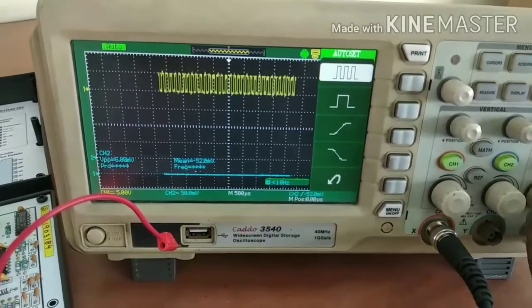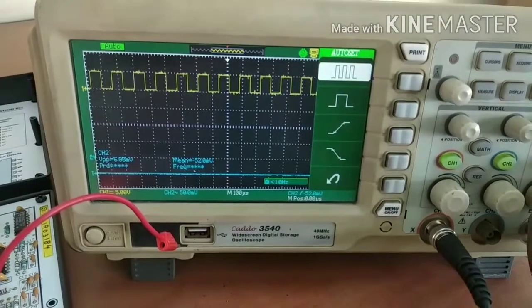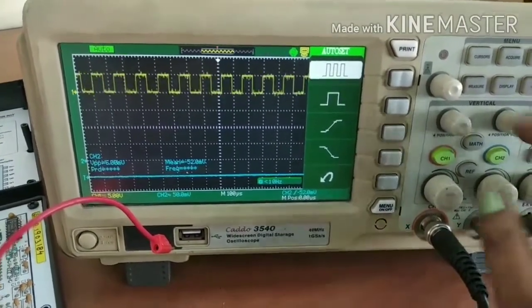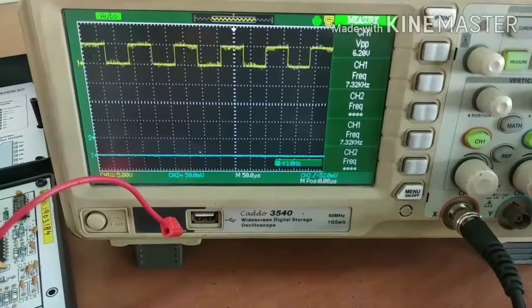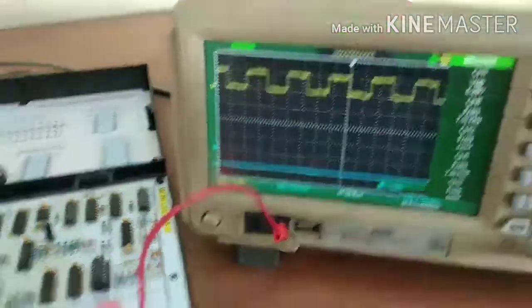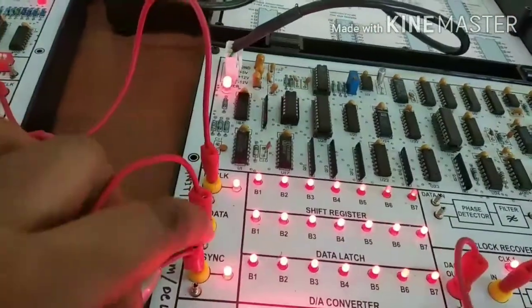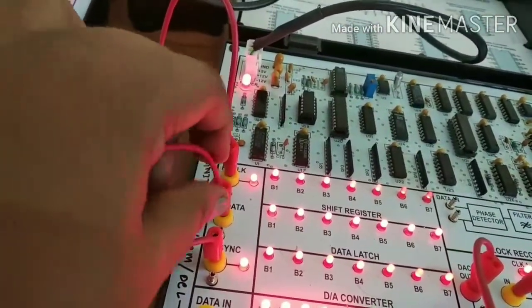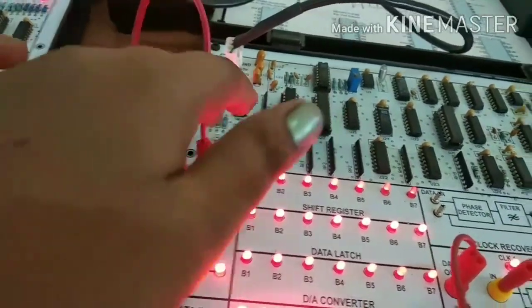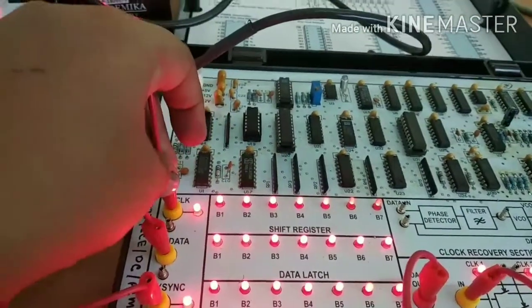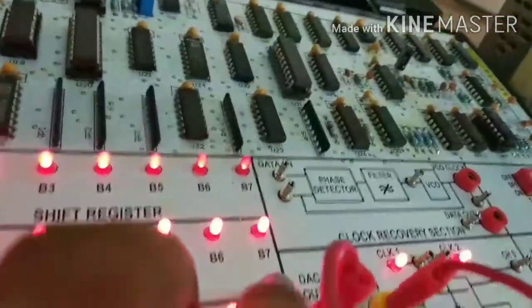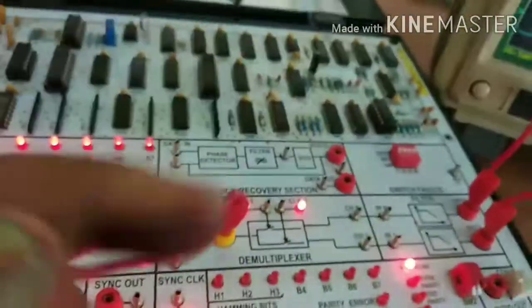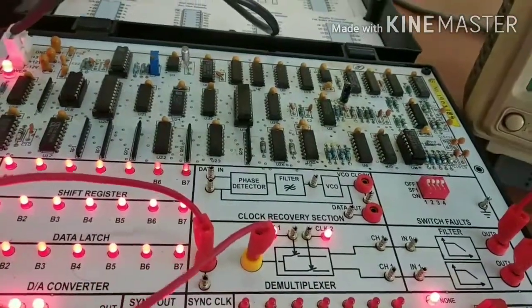It needs some adjustment of the x-axis. It is the TX sync signal. Then we go to the demodulation part. The TX sync signal is connected to RX sync, TX data is connected to RX data, and TX clock is connected to RX clock. Next, the DAX signal: DAX out is connected to the demodulator output.